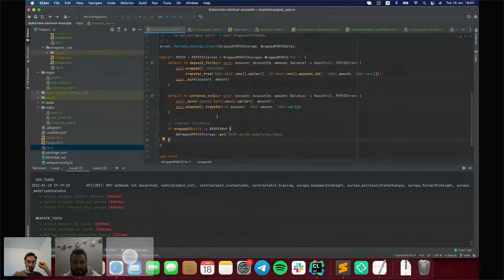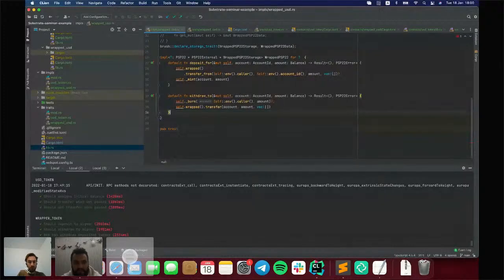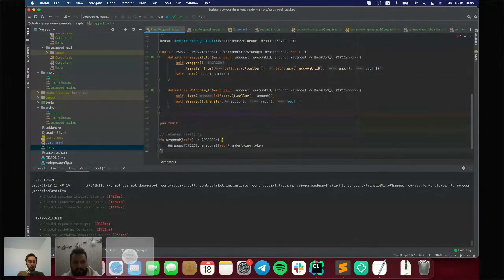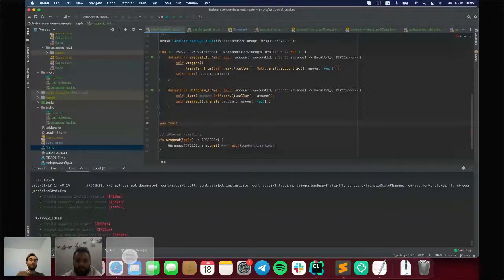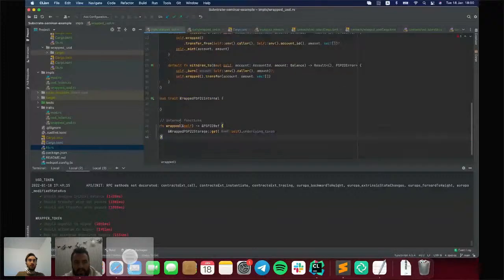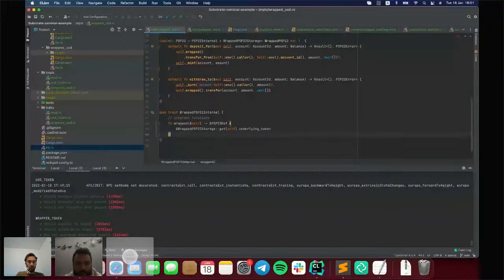In that generic implementation, we can't add additional methods, because it should only have methods defined in the trait. So, for example, here we want to have one additional internal function, and for that case, let's create an additional trait. Let's call it wrapped PSP22 internal, and that trait will contain only that function.